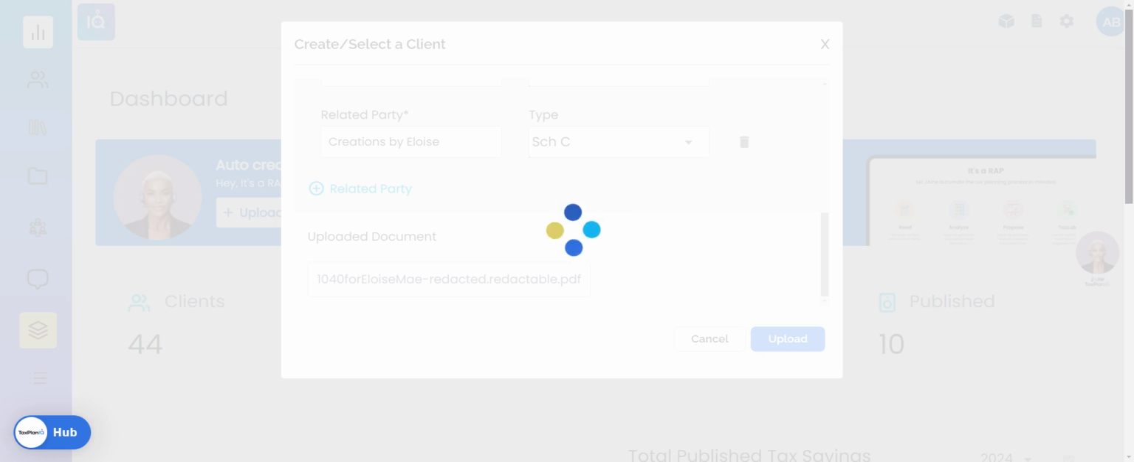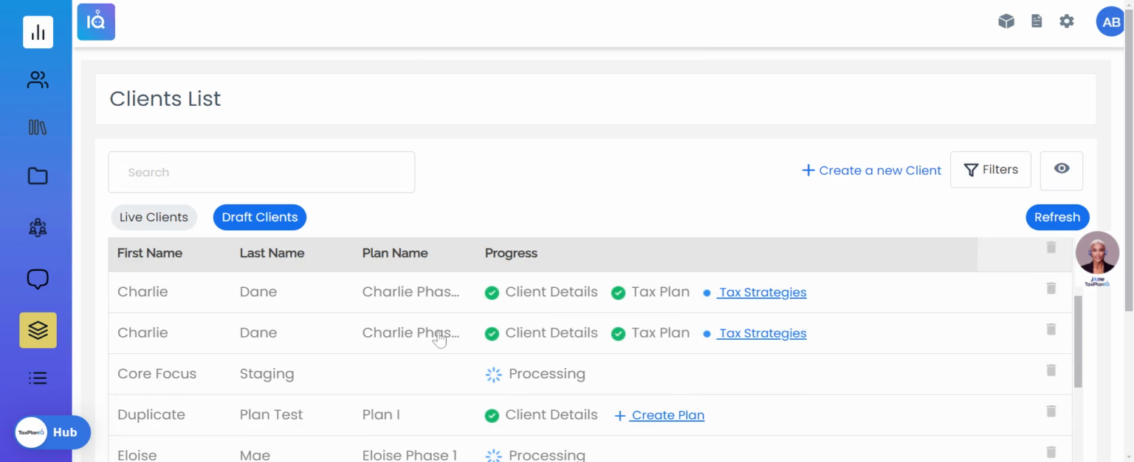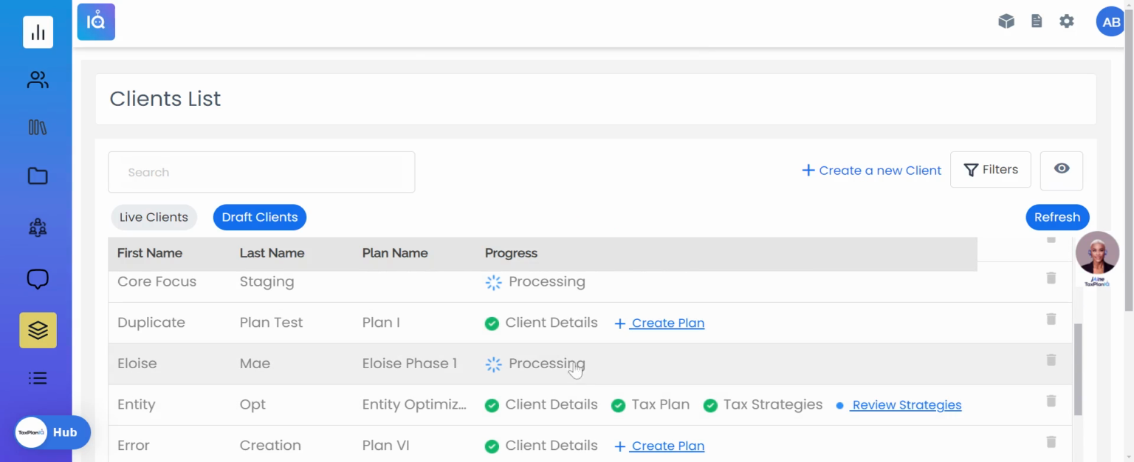This will take you back to the client list where you can find your client's name and see that that 1040 is processing. So we're going to scroll down right here. There's Eloise, and we can see that it is processing. That processing should take around 1 to 2 minutes. You can always click on that refresh button right here on the top right along the way if you'd like